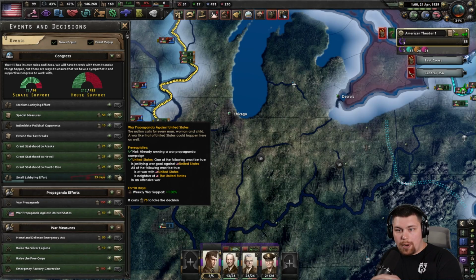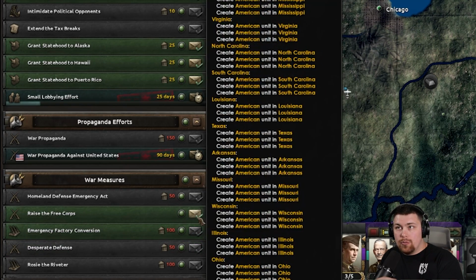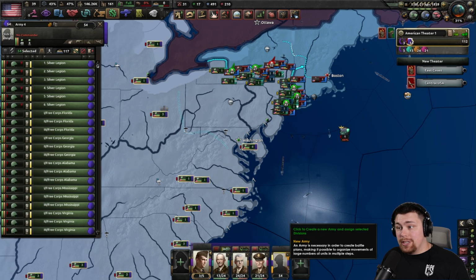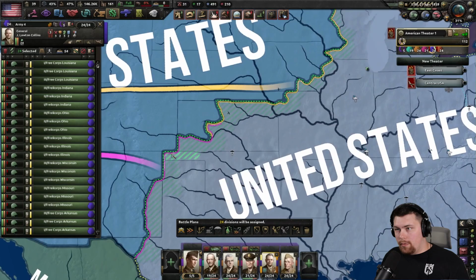Let's do a little bit of war propaganda against the United States. Let us raise the Silver Legions, and then let us also raise the Free Corps. And that will get us a ton of regiments. They're literal garbage. It does not matter. It doesn't matter at all. All we need is for them to fill out the front line, and we will fill in the front line